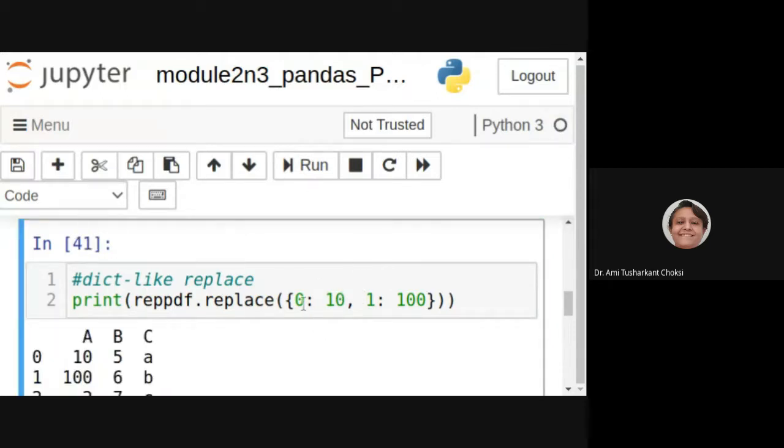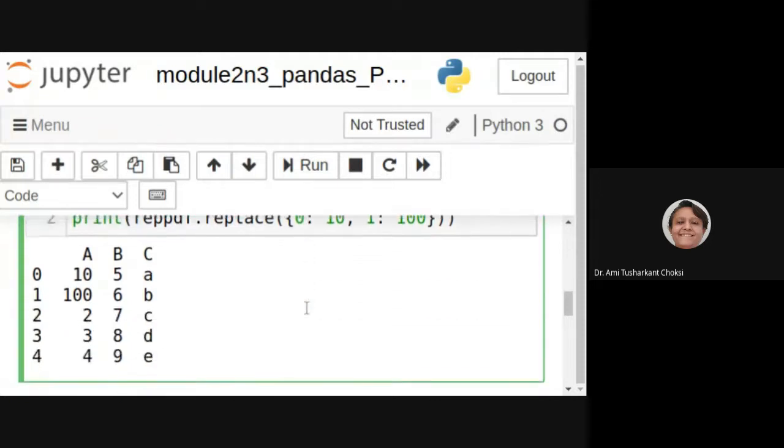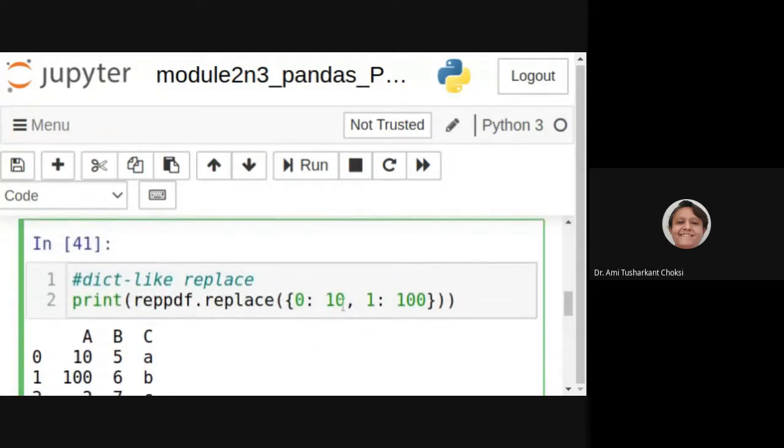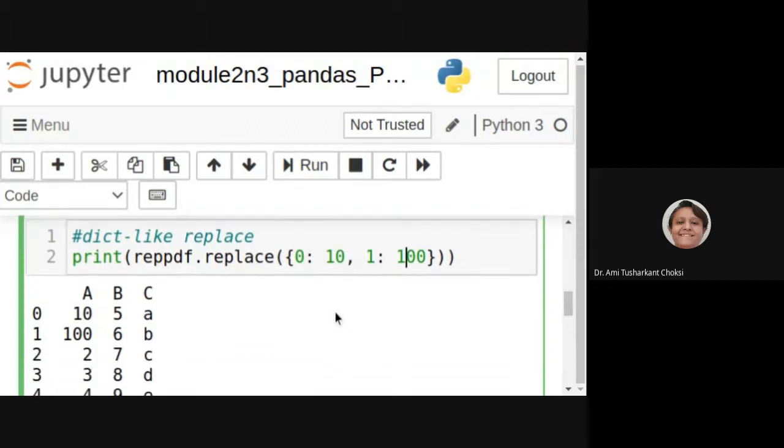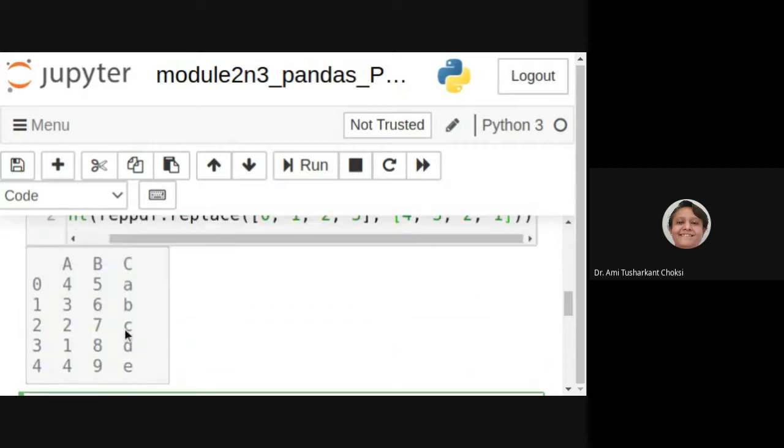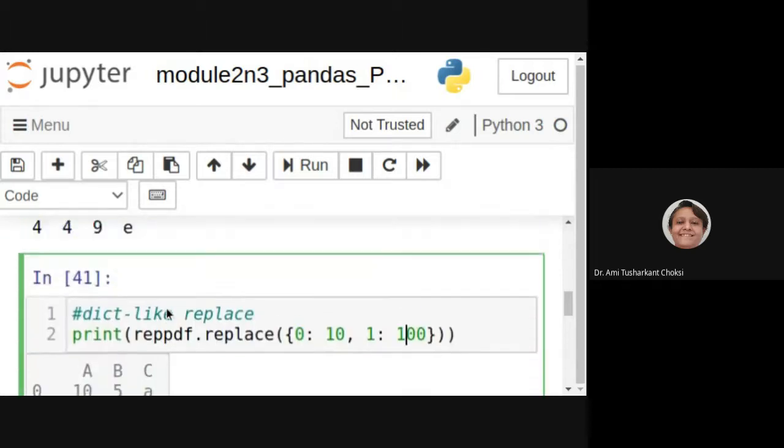For 0, what we can say? 0 colon 10. 1 colon 100. What does that mean? What was available here? Original data frame.